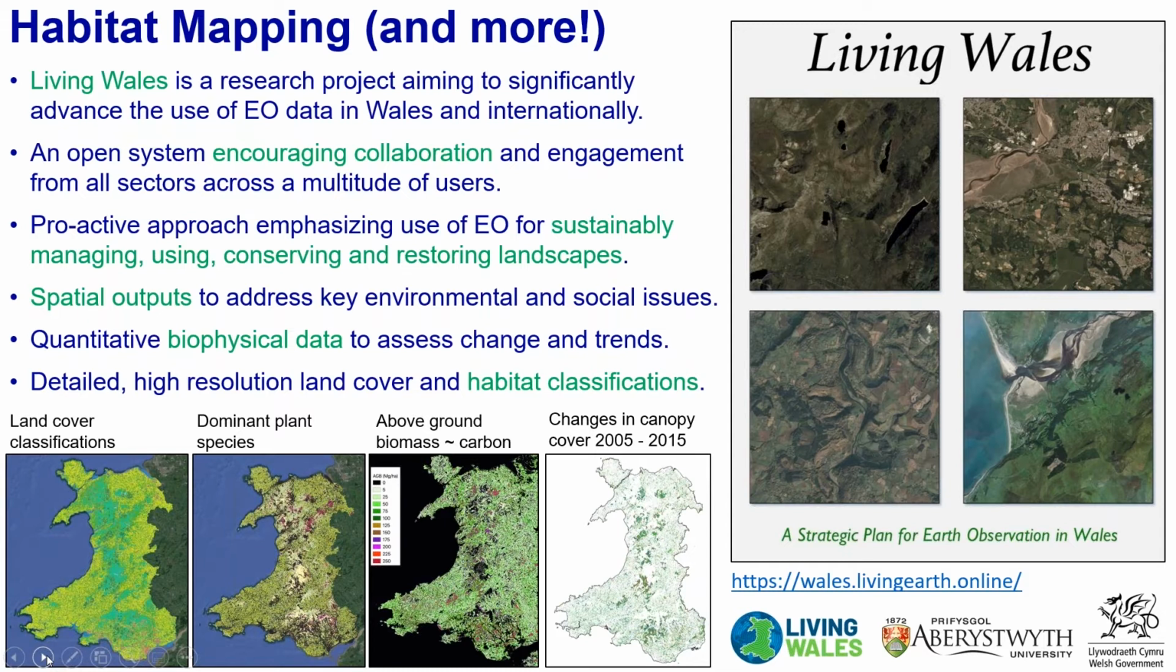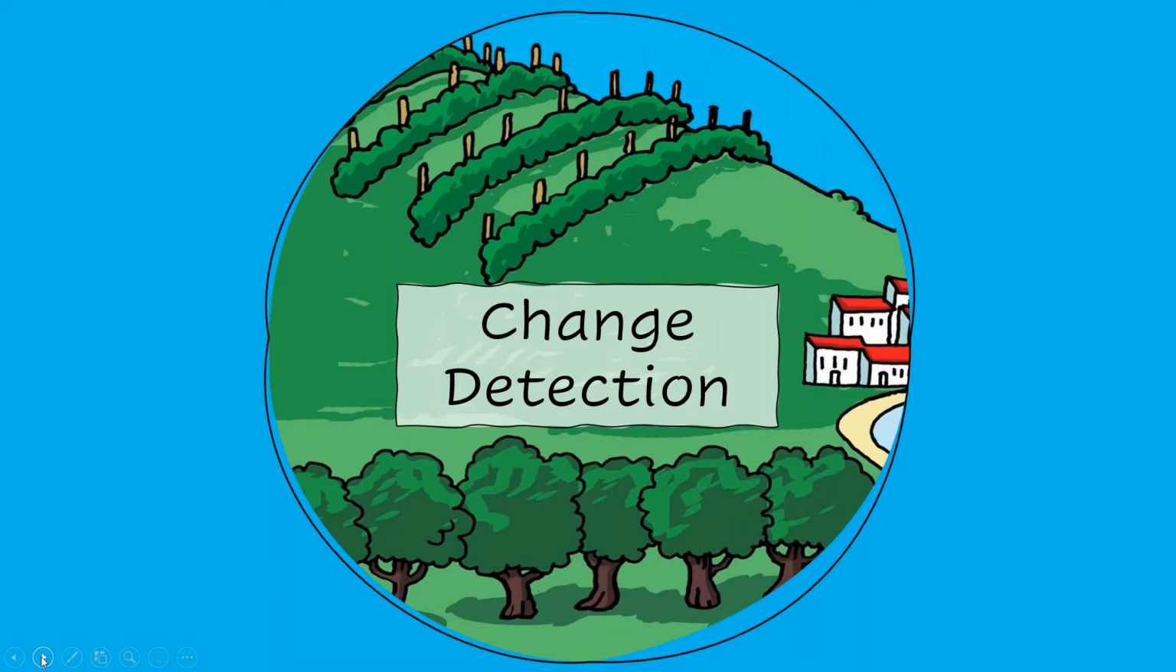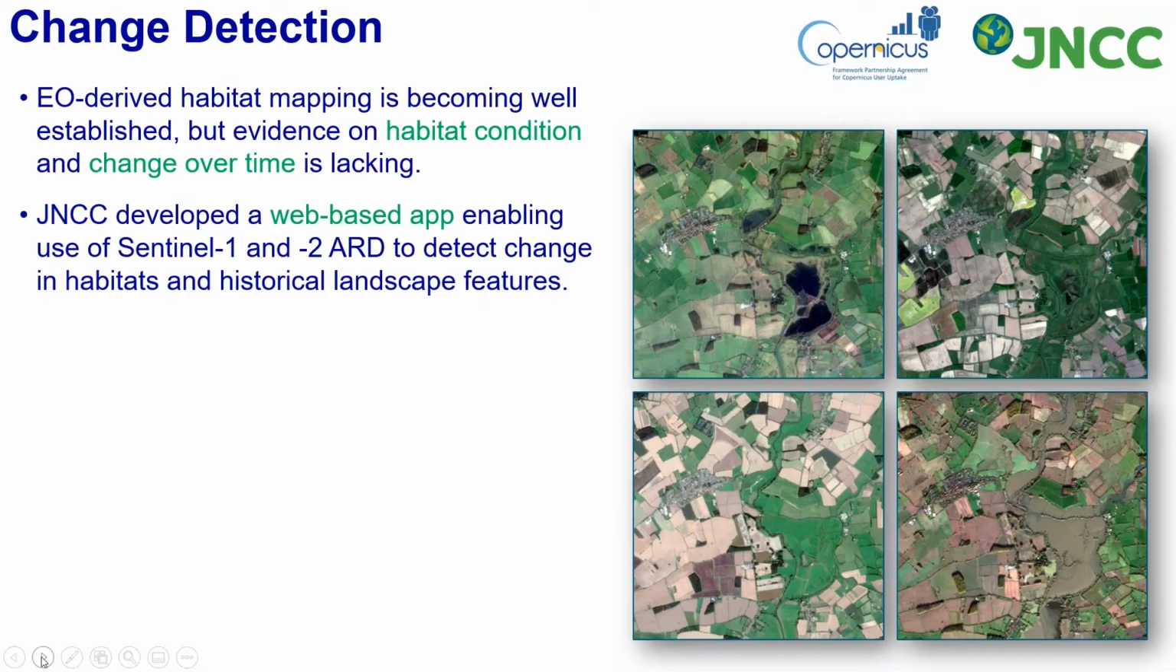And it also generates ground truth data for making sense of the EO data. So there's like a citizen science Earth Track app for collecting ground truth data. So it is habitat mapping, but there's a lot more to it. So I would urge you to go and have a look at the website if you'd like more information about any of that. I'm just going to move on now and talk about change detection,